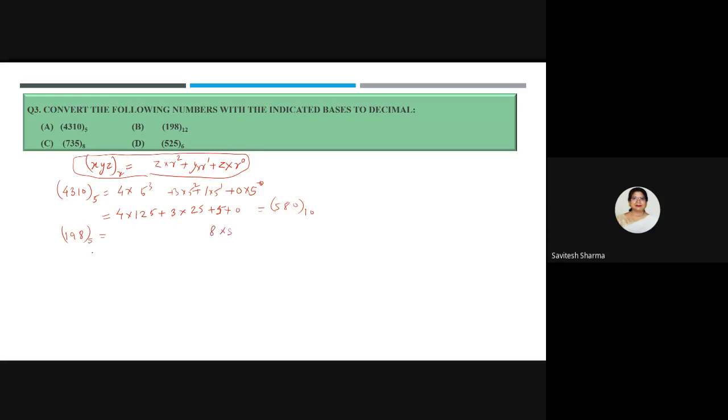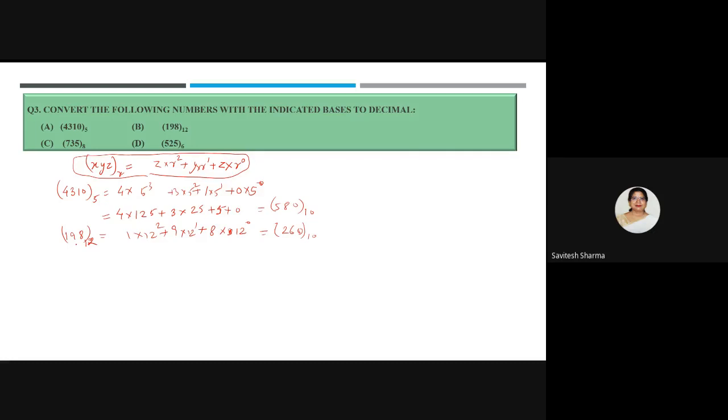So the next, the base is 12. So r is 12 here. So you will write 12 to the power 0, 9 into 12 to the power 1, plus 1 into 12 to the power 2. Once you calculate, tell me how much you got. I am showing you the expansion. 260, ma'am. 260. Okay. So everyone, please calculate the answer.